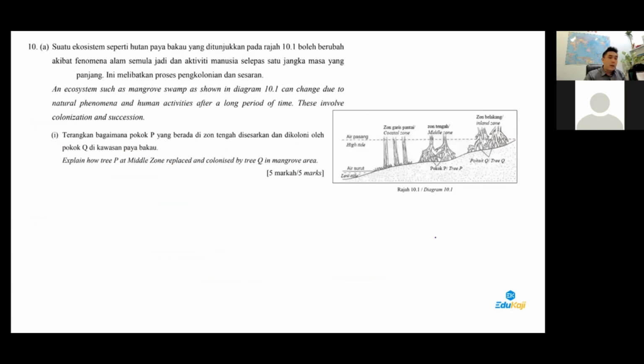Okay, next. Guys, question 10 is to do with Form 5, Chapter 9. Yeah, Form 5, Chapter 9, mangrove. Explain how plant tree P